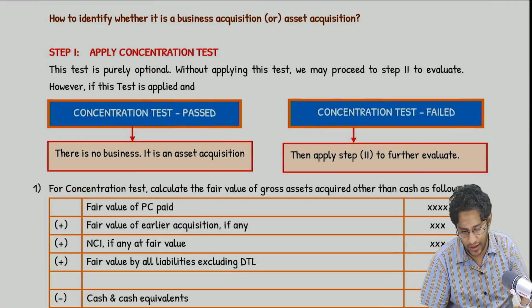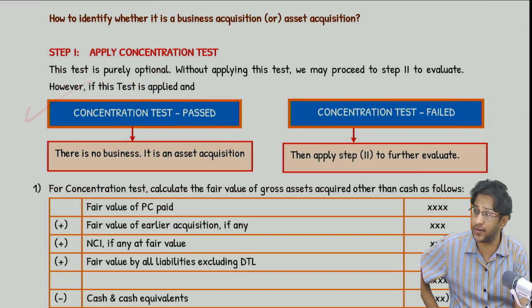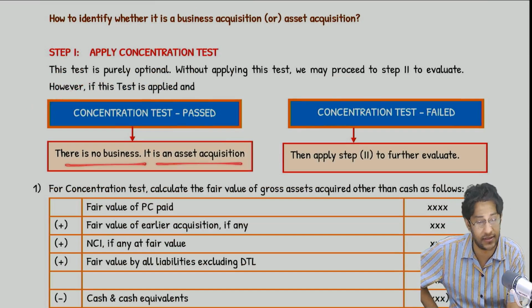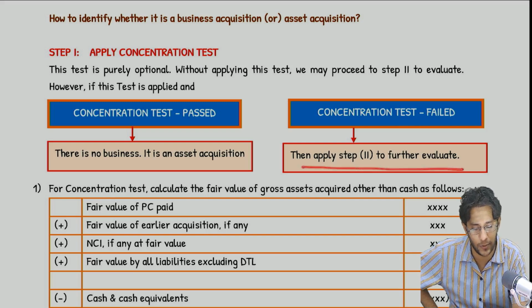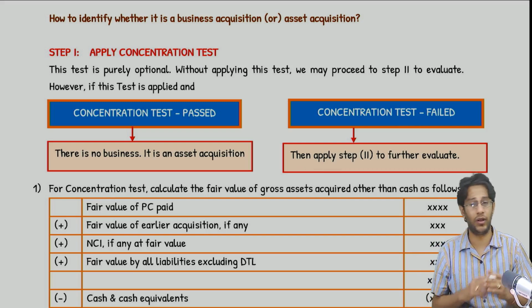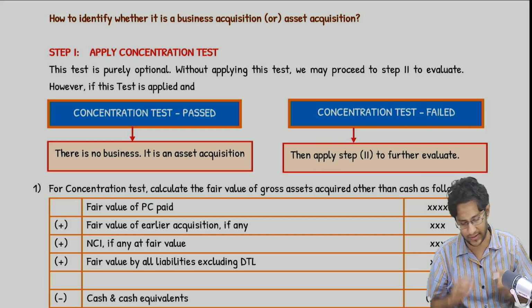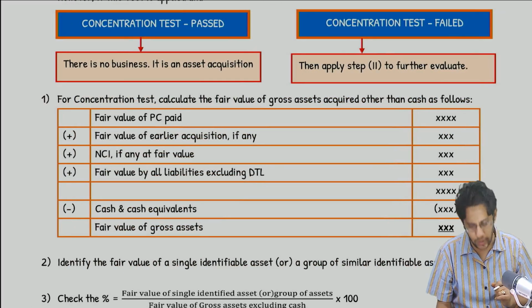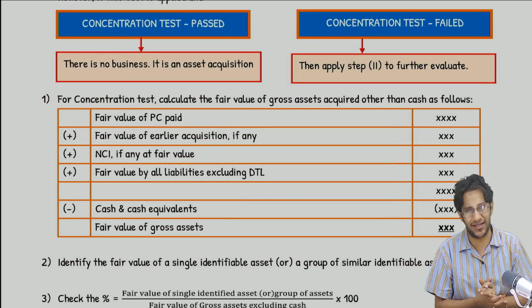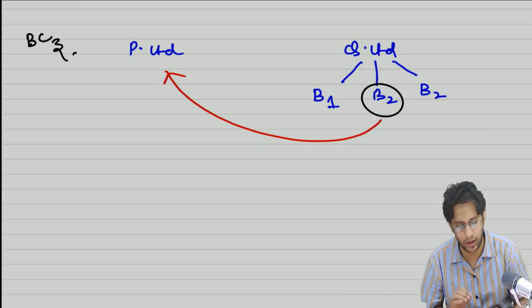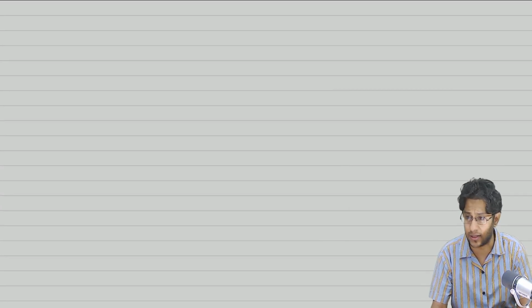So this chart, as you can see, if the concentration test is passed, then there is no business, it is an asset acquisition. If concentration test is failed, then you have to apply step number 2 for further evaluation. Now the question is how to apply concentration test. Let's do one thing. Before we go through the steps given in the standard, we'll roughly try to understand what exactly concentration test is trying to target. So for example,